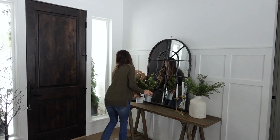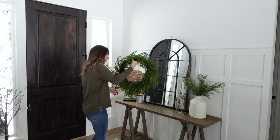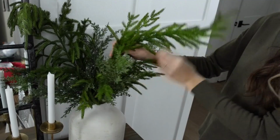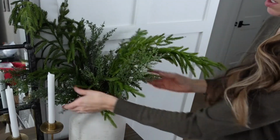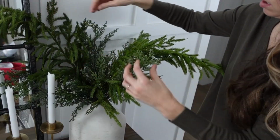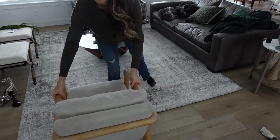If you have mirrors, a great way to decorate them if you don't want to have side greenery is to put a wreath up on it and hang that. You can just use a command hook and it works fantastic. I added these Norfolk A-Floral stems in here. I got mine from A-Floral and Kirkland's. Kirkland's might still have them, so I'll leave those linked down below. They're a fantastic price. If not, you might have to wait till next winter to get them, but I thought